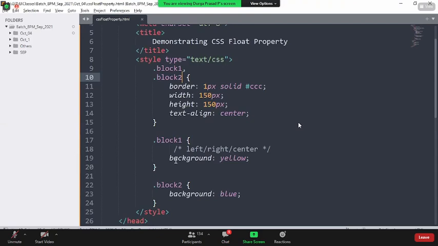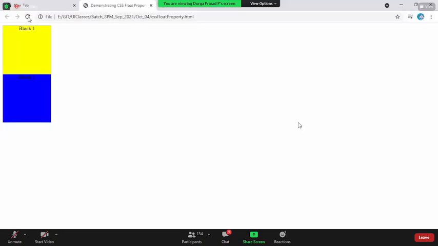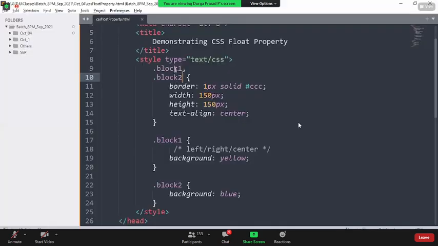Now if you save this, come back here, and reload the page, see, I have the same look and feel. So it doesn't matter whether you go with a separate class name with the common properties or you define the common properties using this approach, it will be the same look and feel. The only advantage is you are saving memory and time by not rewriting the piece of code.